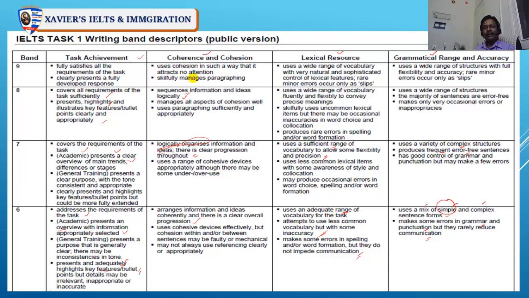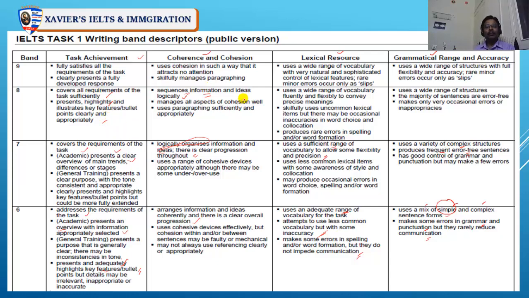So what I have to do is the same way. Always think about your real life examples while writing a task. You correlate them with your real life incidents. That will help you to generate ideas, to create new ideas, to work on ideas for linking them in a sequential manner or a logical manner, right? So remember, this is sequence information and ideas logically. This is important, right? Your ideas are synchronized in a logical order and in a systematic manner, right?